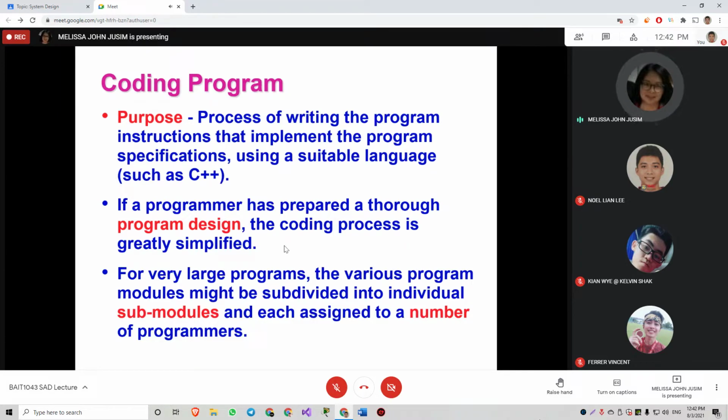For a very large program, the modules will be assigned to a number of programmers. Sometimes one programmer is in charge of one module, or one programmer in charge of two modules, and so on.